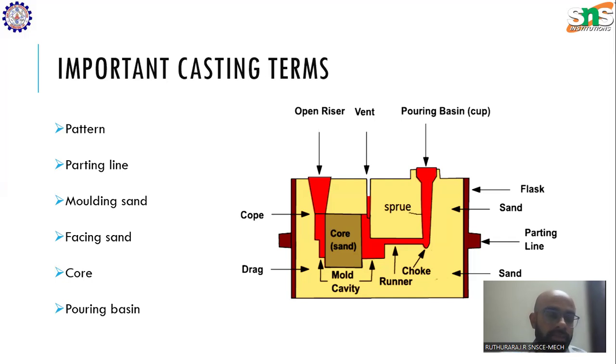Then there is core. As we can see here, there is a core placed here. Suppose you need a hollow object which is not fully solid but hollow somewhere. Imagine you are making a pipe from casting. Pipe has to be hollow. If it is a bar, it is solid. If it is hollow, it is called pipe. So if you need to make a hollow pipe, then you need to place something inside the mold cavity that